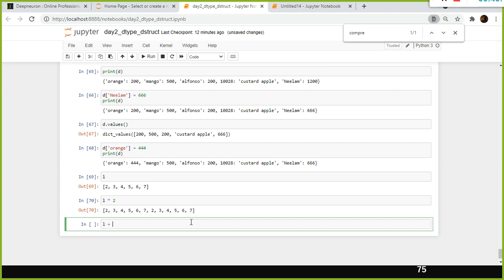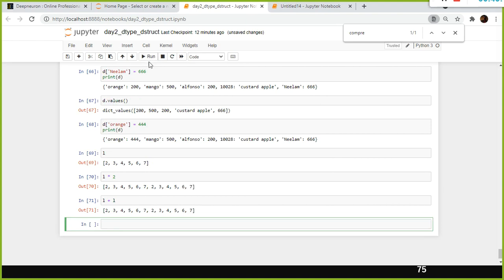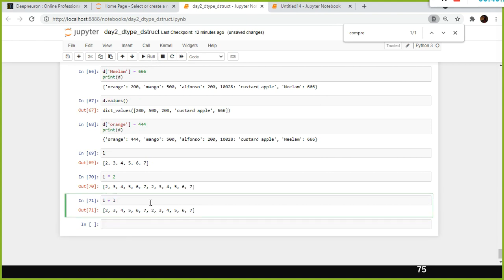Or is there any way I can do L plus L? I wanted to add, but even in that case it is simply concatenating the values. Whatever values are there already, 2, 3, 4, 5, 6, 7, again it adds the same values with L plus L, L into 2.